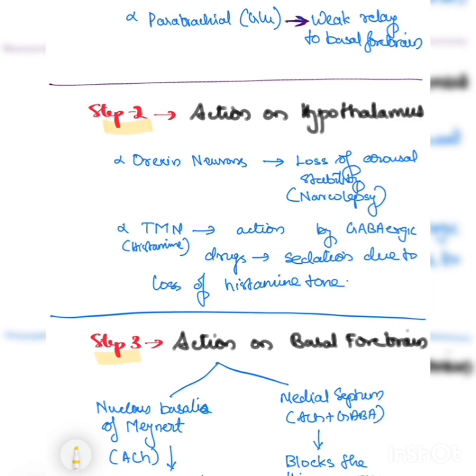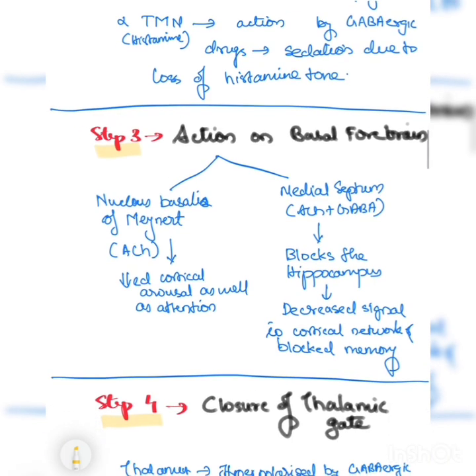Coming to step 3, the action of anesthetics on basal forebrain. Two major areas that we have learned in basal forebrain are nucleus basalis of Meynert and medial septum. In nucleus basalis, the major neurotransmitter is acetylcholine, and in medial septum, it is acetylcholine plus GABA. So, action of anesthetics on nucleus basalis can lead to decreased cortical arousal as well as attention, and medial septum,